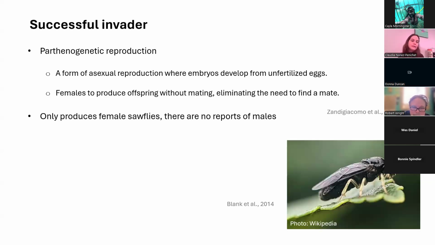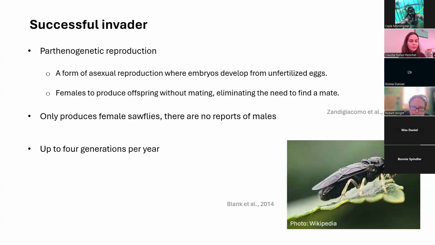Another thing is that the eggs only produce female sawflies. There are no reports of male sawflies up to this day. So imagine this species can lay 60 eggs, and all those 60 eggs are going to be females that are going to be ready to lay eggs as soon as they emerge from the pupa, without needing to find a mate or copulate at all. So another thing that is